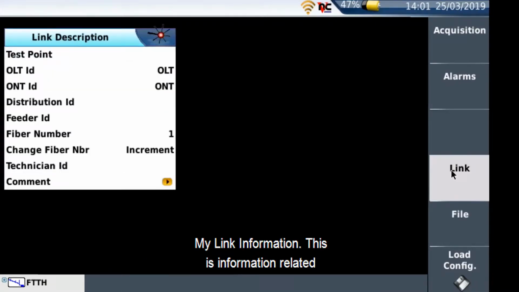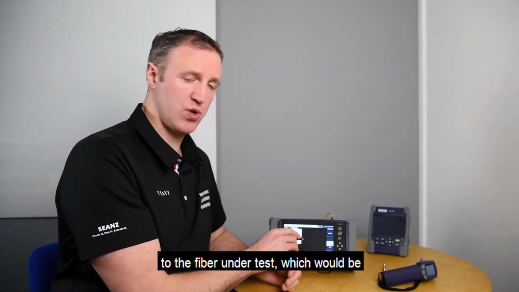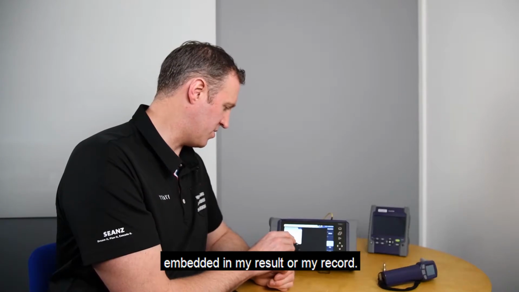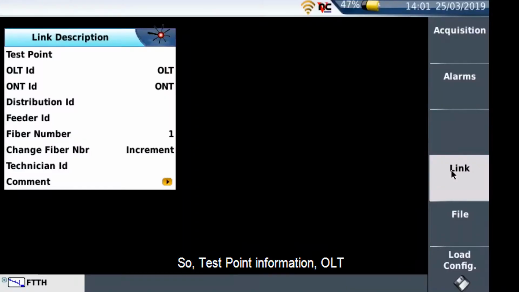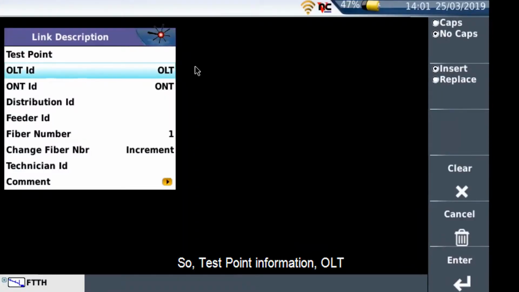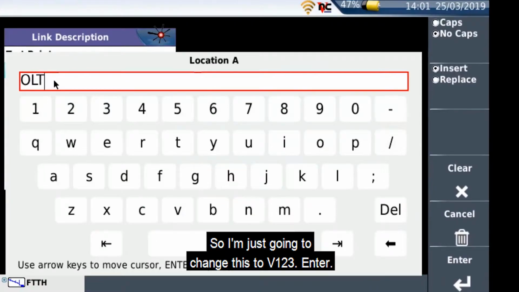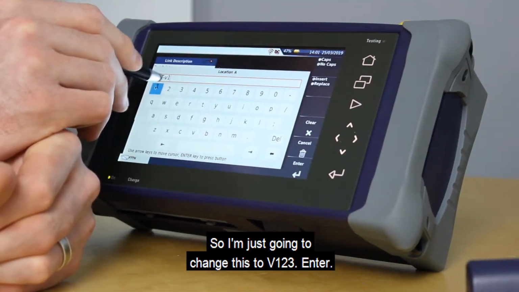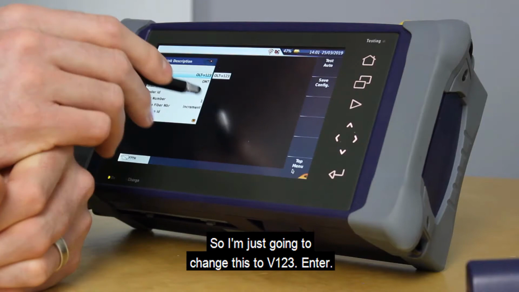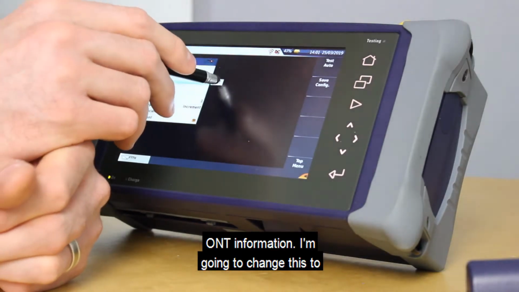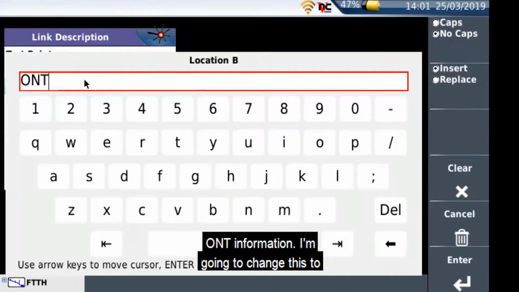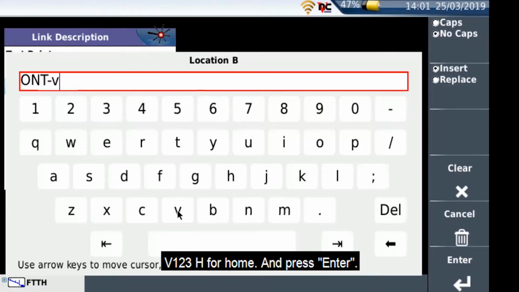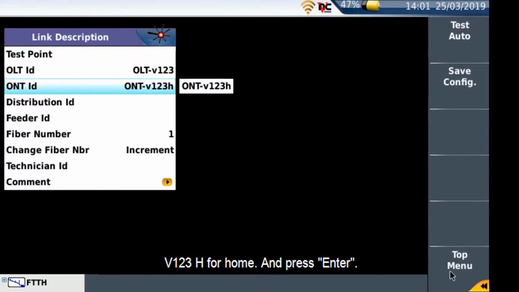My link information, this is information related to the fiber under test, which would be embedded in my result or my record. So test point information, OLT, I'm going to just change this to V123, enter. ONT information, I'm going to change this to V123, H for home, and press enter.